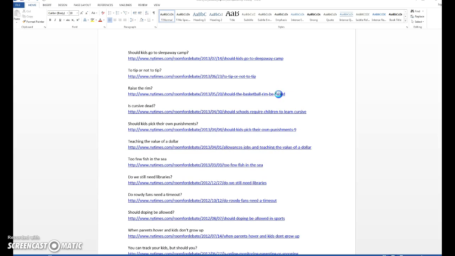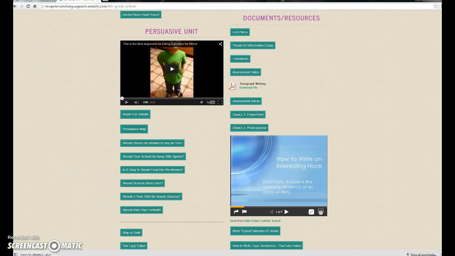If you click that link, the computer's going to be slow, it's going to take you to the page in a minute. Each of these issues has several articles that go with it from authors on both sides of the issue. What's the deal here? There we go. Computer's a little slow. But it's not going to take you to one article. It's going to take you to kind of a landing page with several articles,